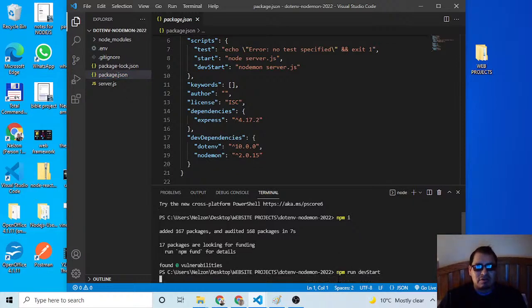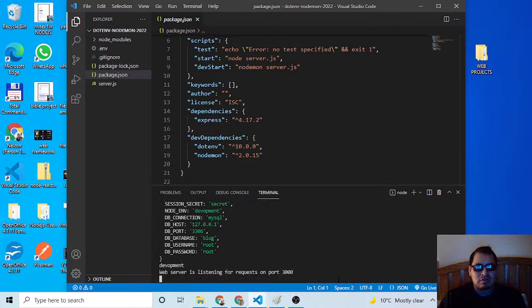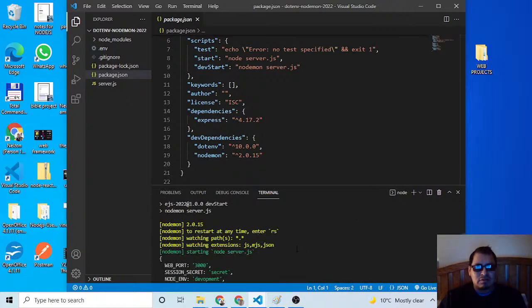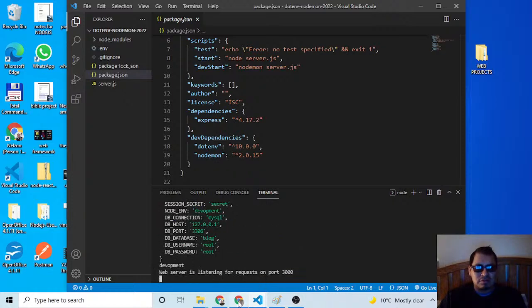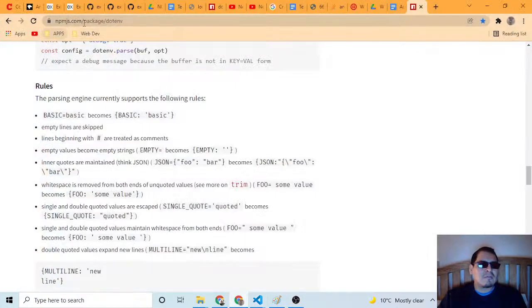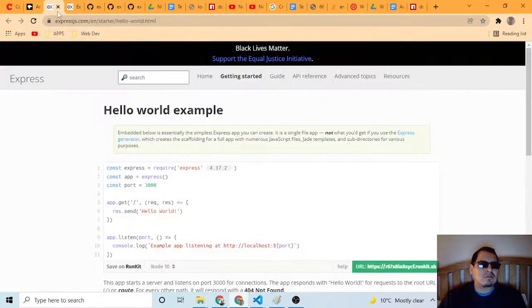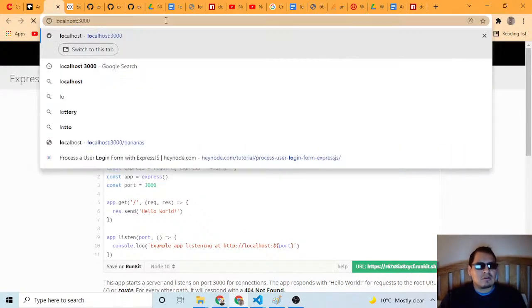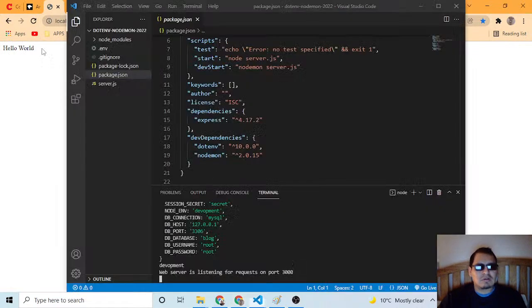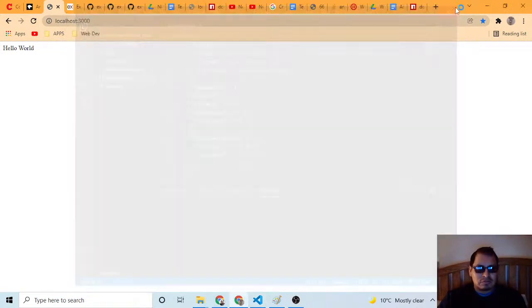Let me run dev start. Yeah, it's listening for requests on the port. That's good. Let me just go and check that one. I go to localhost. Hello world. Yeah. This is good. This is good.